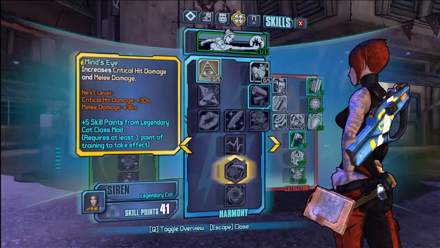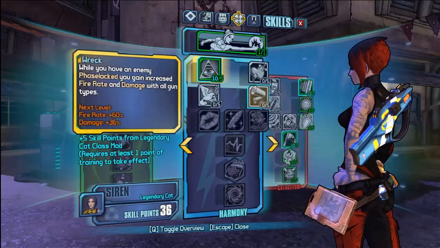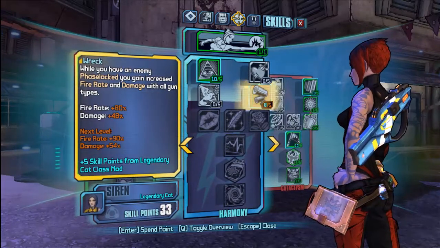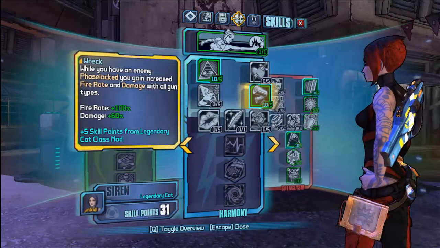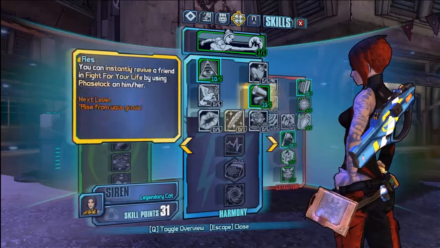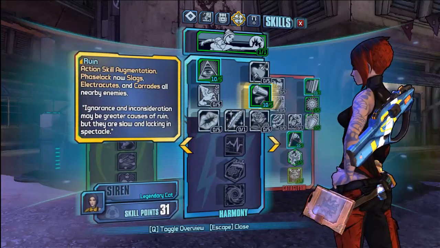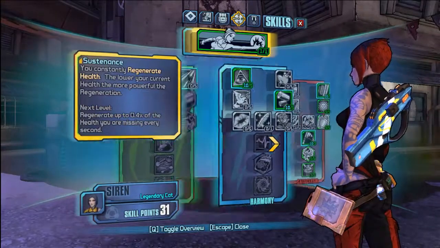video. So, Mind's Eye, I have it boosted, so it gives me that crazy critical hit damage. Awesome for when I'm just fighting people. Now, Wreck is literally, you need this skill if you're going to be doing this build. This is not optional. This skill makes this build what it is. Along with this skill, really, there's like 3 skills in the, actually, I'll show you at the end, but anyway,